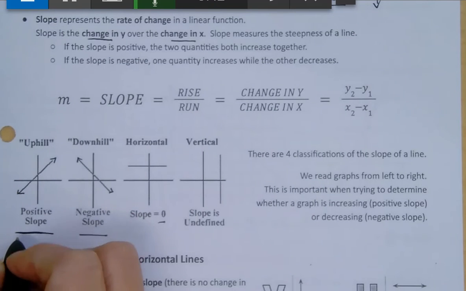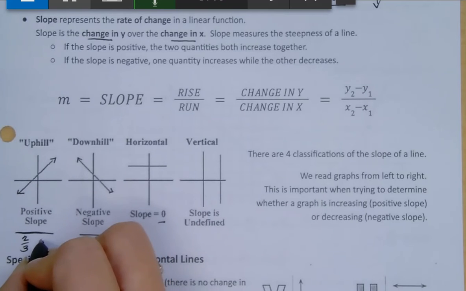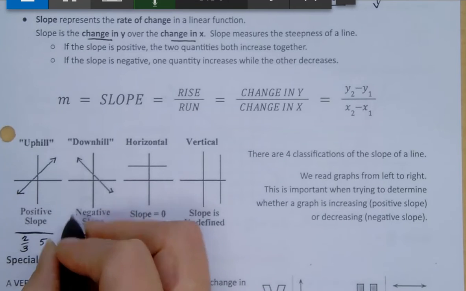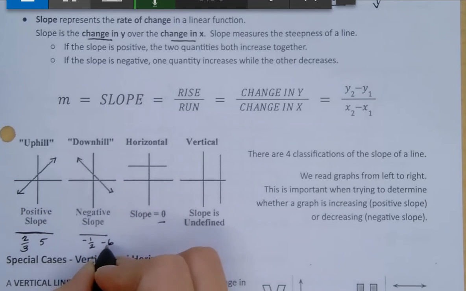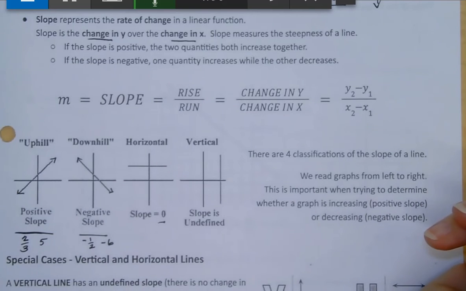A positive slope might have a number like 2/3. It might have a number like 5. As long as the slope itself is a positive number, you're going to be going uphill. If your slope is going downhill, it's going to have a negative number, so I might have -1/2, I might have -6, but we're always representing slope with a number,